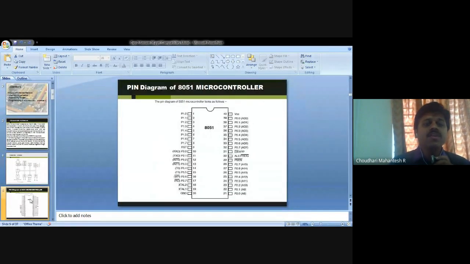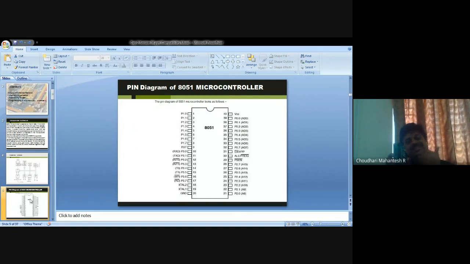Coming to the next slide, this is the pin configuration, the pin diagram. Any controller will have a pin configuration. Why this controller and not others? Because this is a basic one, and others are implemented afterwards according to their application purpose.